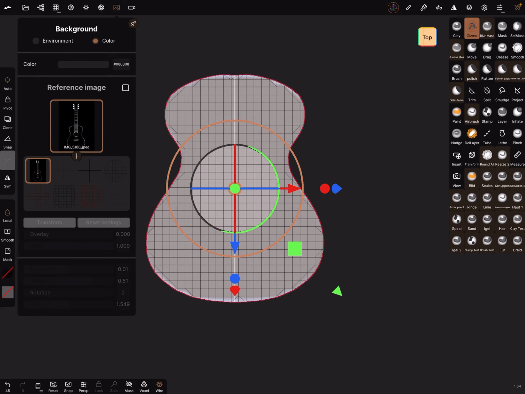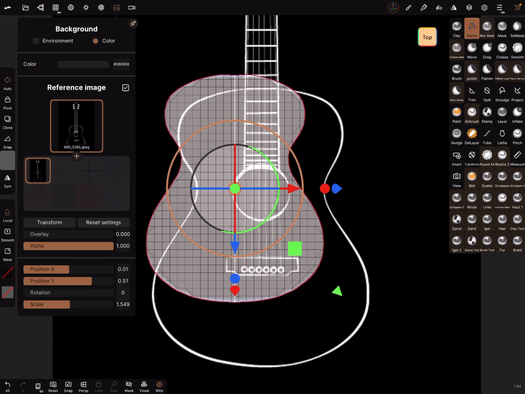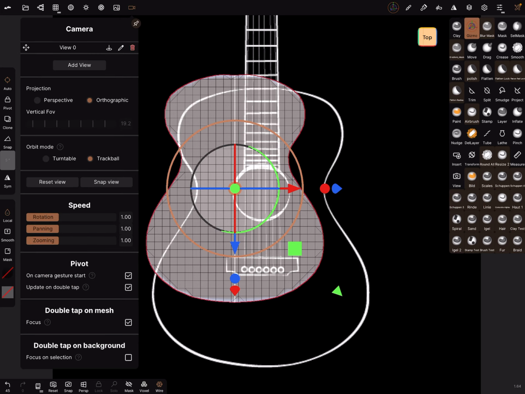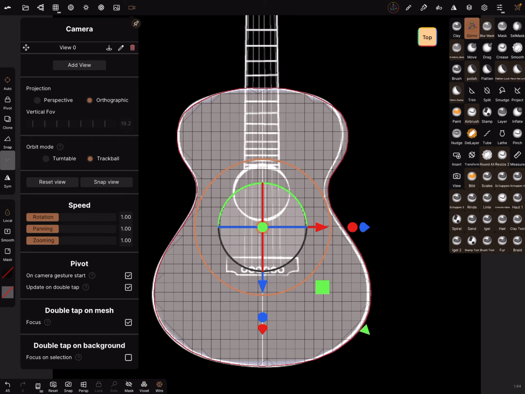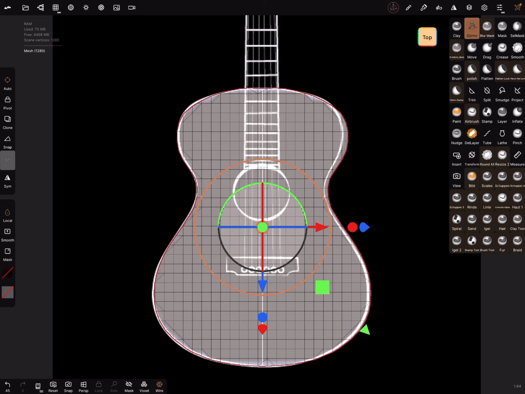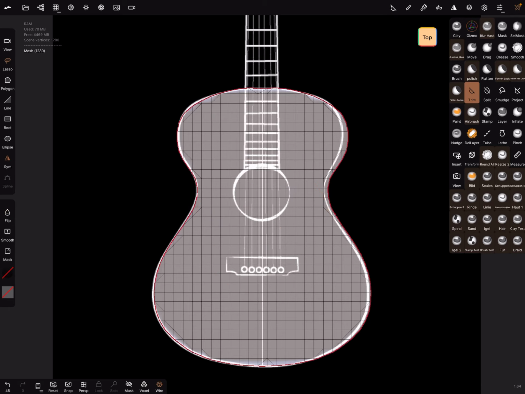And now we turn on the reference image again and use the view of the camera to bring it back in position. And now use the trim function again.